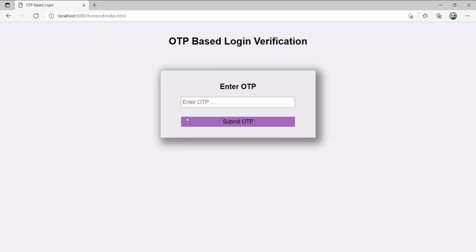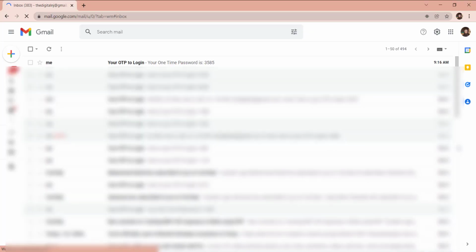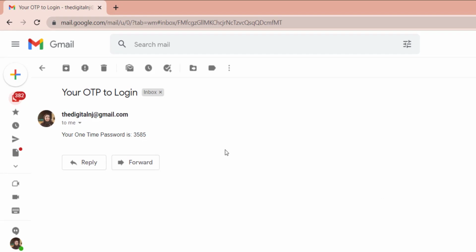But before doing that, let's click on submit without providing any OTP. Again, I get the error message, OTP cannot be empty. Now let's put some random values. It says incorrect OTP. Now let's go to our inbox and get the OTP from there. This is the email that I have received, which says your OTP to login is 3585. Now let's go back to our project and enter this OTP,